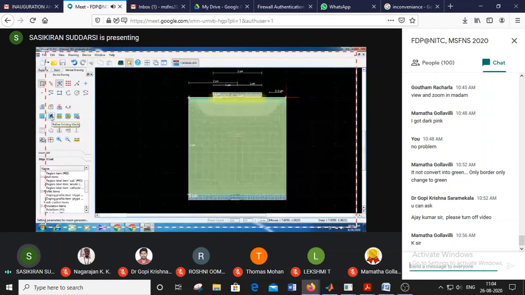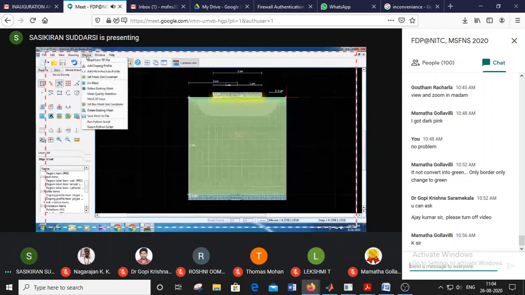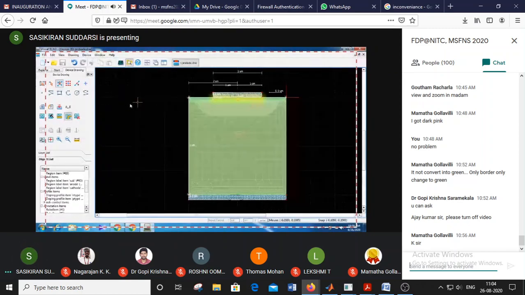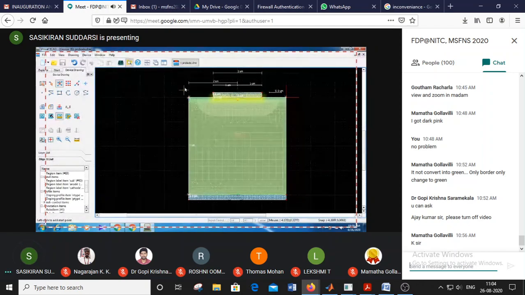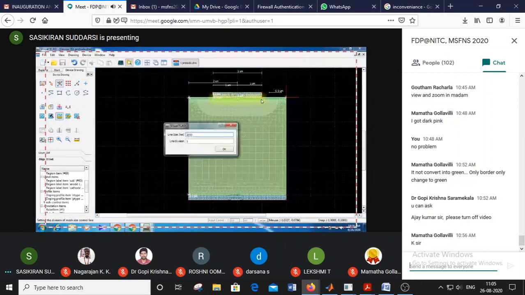After doing this mesh, here we have a mesh constraint control, where we can see the size.